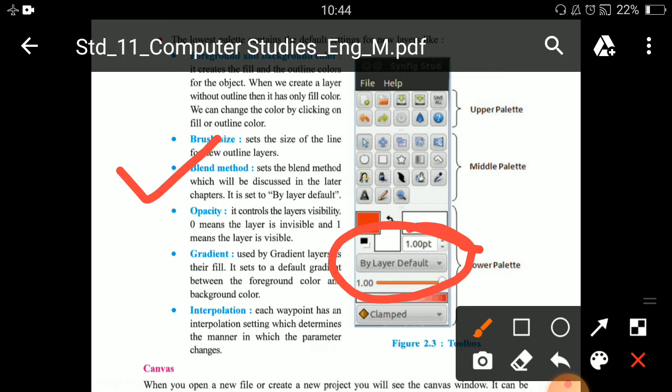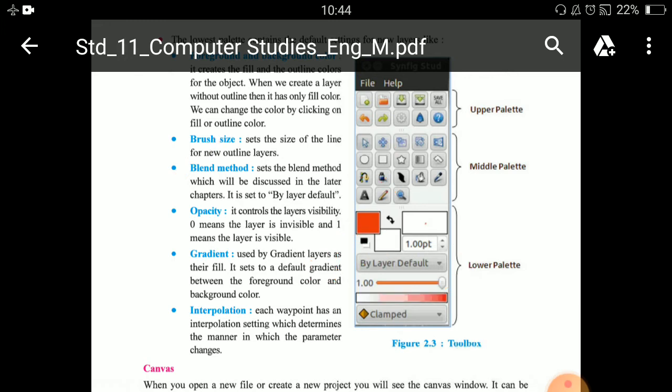For example, suppose you are selecting one tool here, for example circle. Every time you have to change this circle's property, for that you have to click on this default layer property.